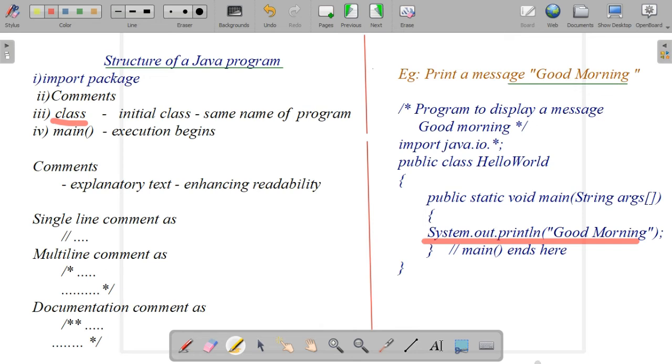Next one is the main method. When we are writing a Java program with a main method, the execution starts from the main method. You know that? There can be only one main method in a program. Whenever the main method is there, the execution will start under the main method. So the entry point of every Java application is its main method. If there are multiple classes in a program, execution will begin from the initial class.